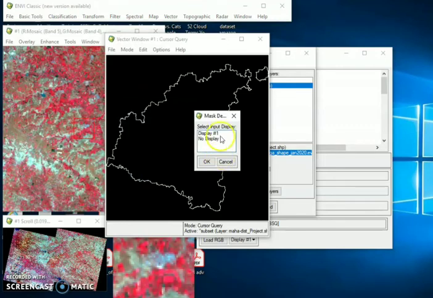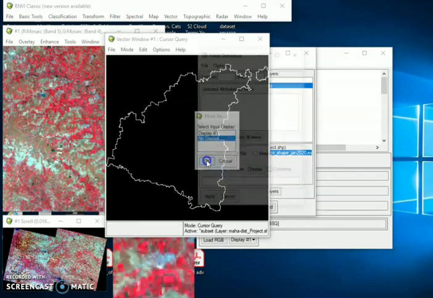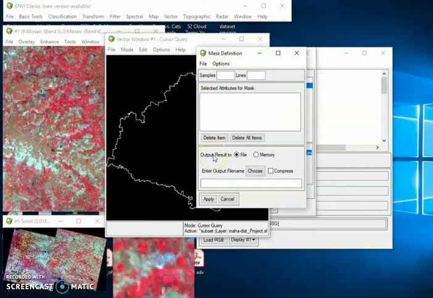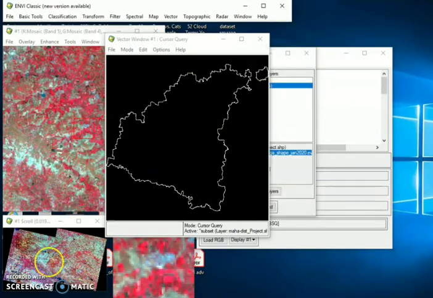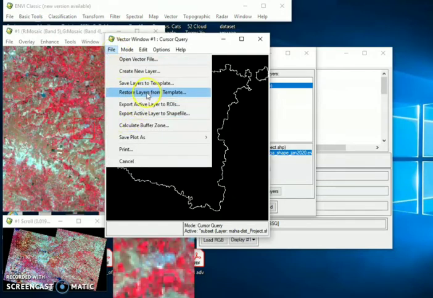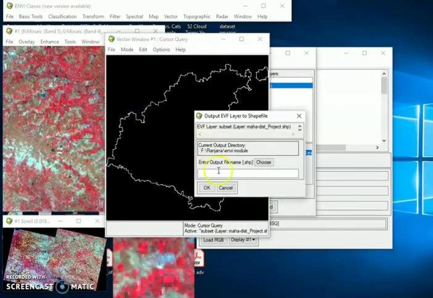Now go into basic tools, masking, build mask, select no display. Now here you can see the sample and lines are empty, so you can go into the options and select the subset layer that we have created just now, or you can go into the file and export the shapefile, or you can export the ROI, whatever you have saved, and you have to give the output file name.